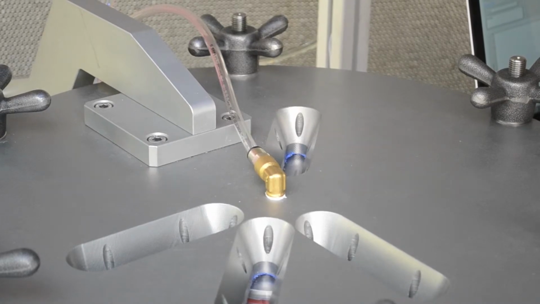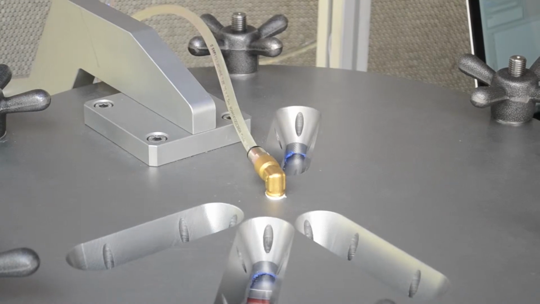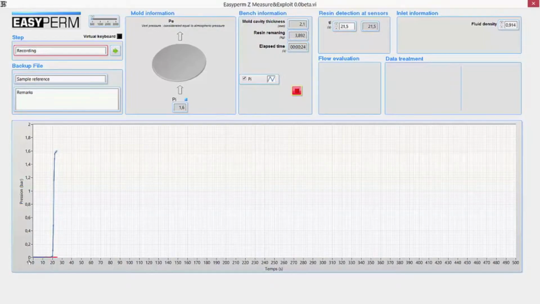So we have to inject the oil in the mold. We open the inlet, and the oil will go through the reinforcement from the bottom to the top as a pure transverse flow. As you can see on the graph, we recover the pressure increase. This is the pressure that we have at the inlet before going through the reinforcement, and we will have a leveling of this pressure at the injection pressure. We will wait a bit, and after that we will stop the injection.